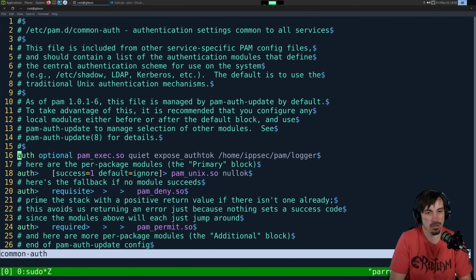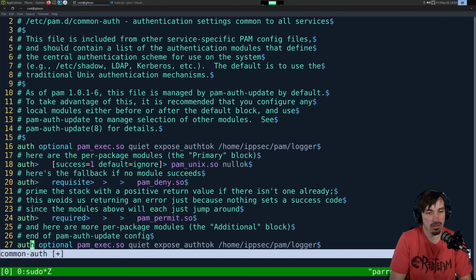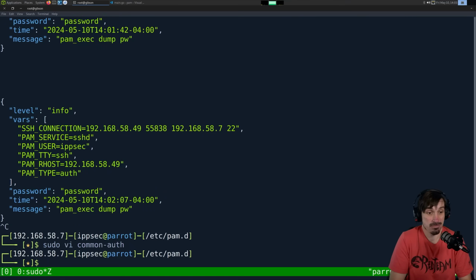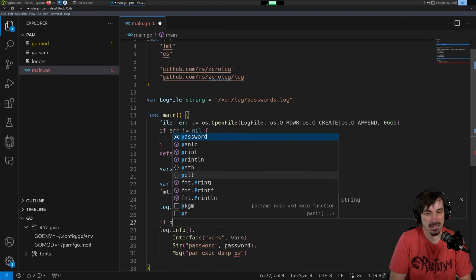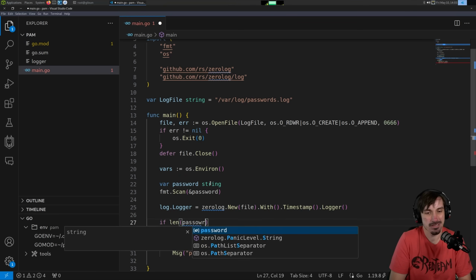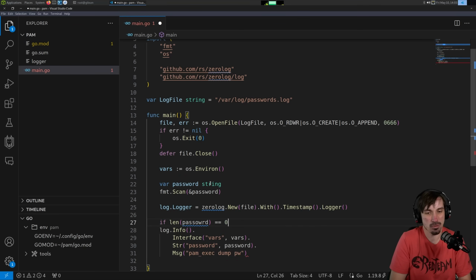So we're going to call it up here, and then we're going to call it at the end. And when we call it at the end, we're not going to expose the auth token. We're just going to call it. So the password's going to be blank. So what that enables us to do is say if the length of password is equal to 0,